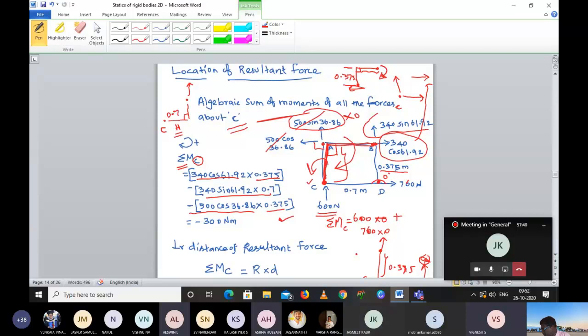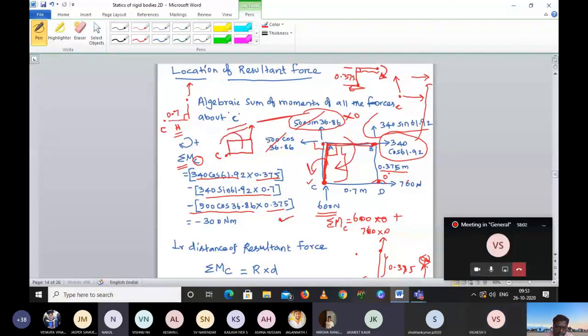I thought you people had already solved it. So will it be negative or positive? How will it rotate? Any idea? I am holding at point C. The force is acting upwards in the plate. Anti-clockwise, sir. Counterclockwise, yes, very good. Anti-clockwise. So how will it rotate? Obviously anti-clockwise. Good. Any doubt in this?